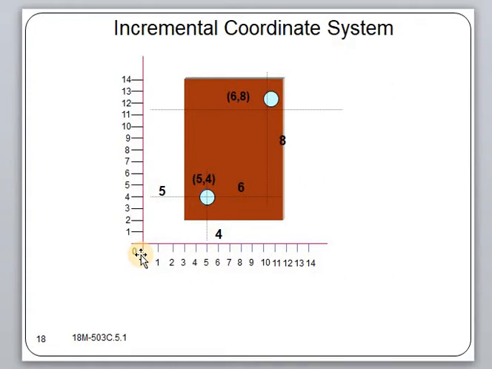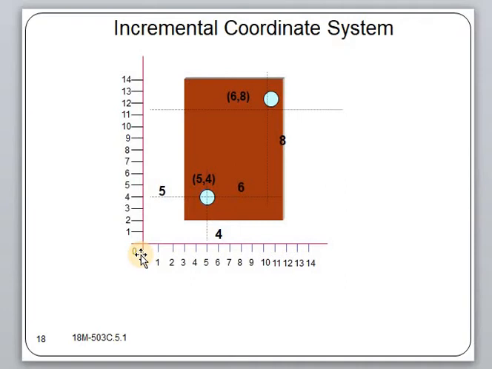With this approach, however, it is critical for the programmer to ensure that the final tool position at the end of the program is identical to the initial tool position. If this is not the case, errors can build up during the machining of successive parts using the same program.